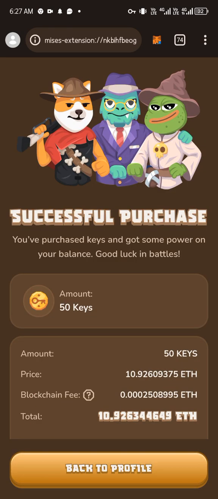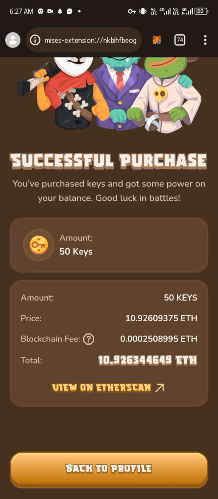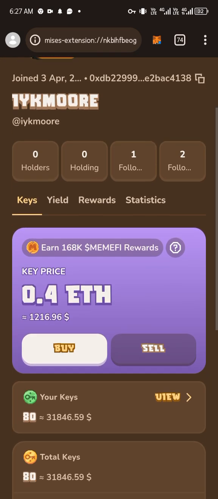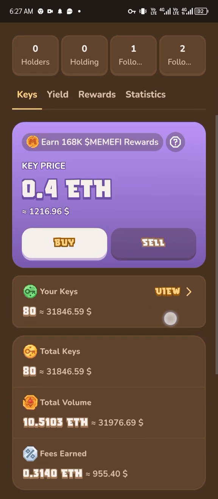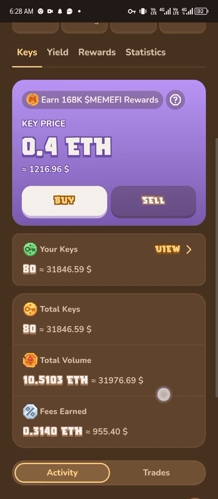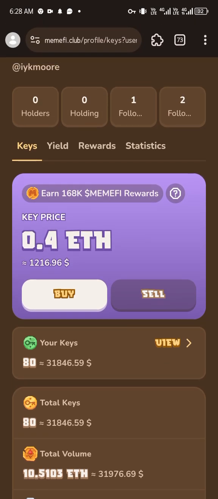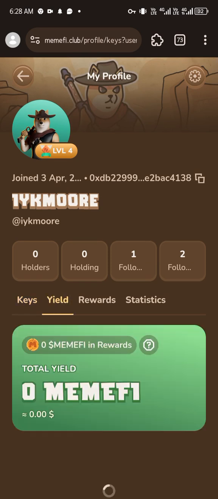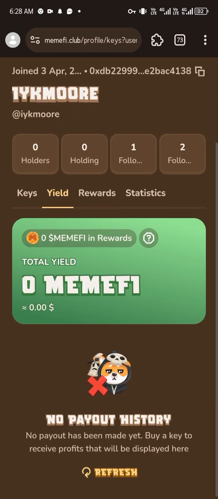All right, I've gotten 50 keys. I just have to upgrade my level. Back to profile. All right, now I have 80 keys already, and the fee is $955. All right, so this is just basically what you need to do, right? This is basically all you need to do,